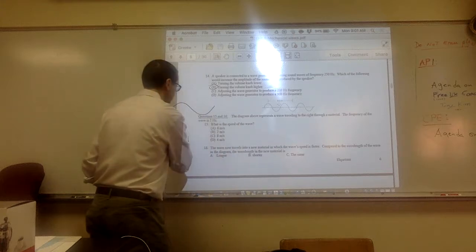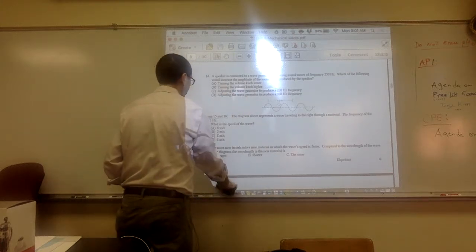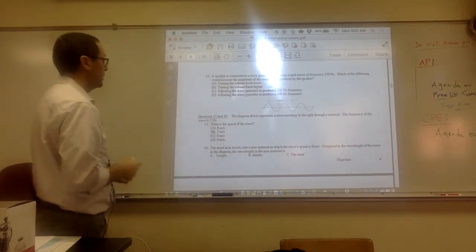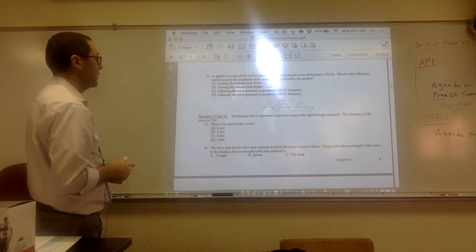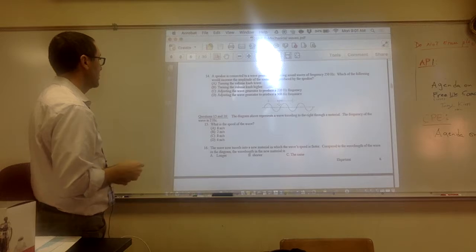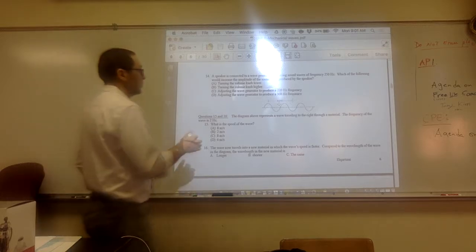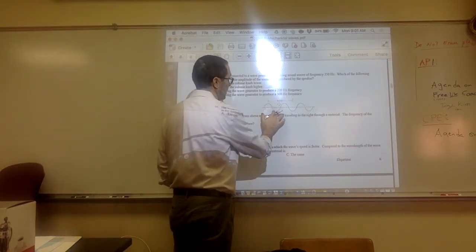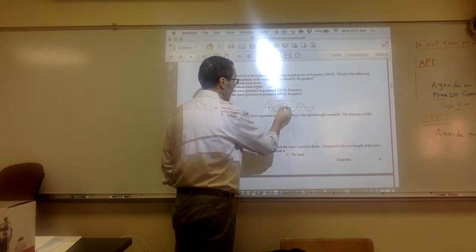Let's look at 15 and 16. The diagram above represents a wave traveling to the right through a material. The frequency is 2 hertz. What is the speed? Now, if you look at this picture here, you have one wave here and